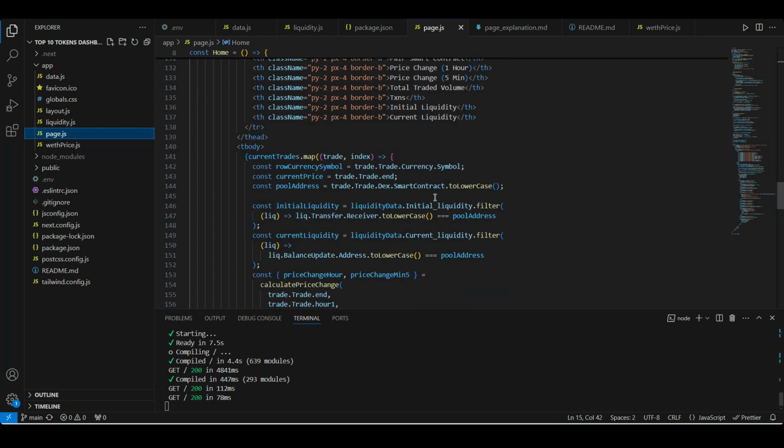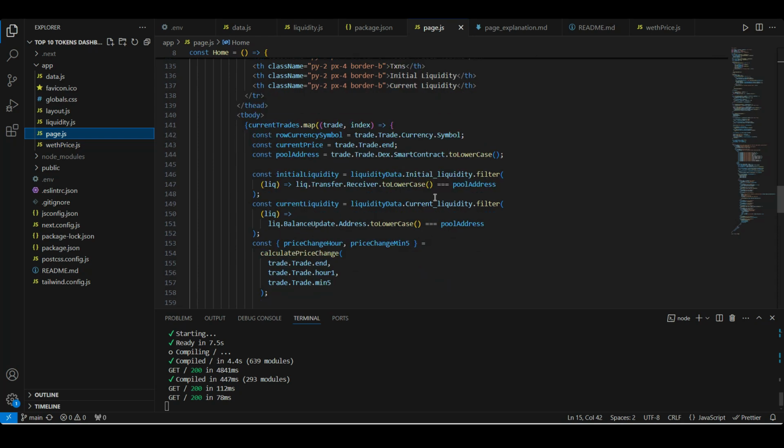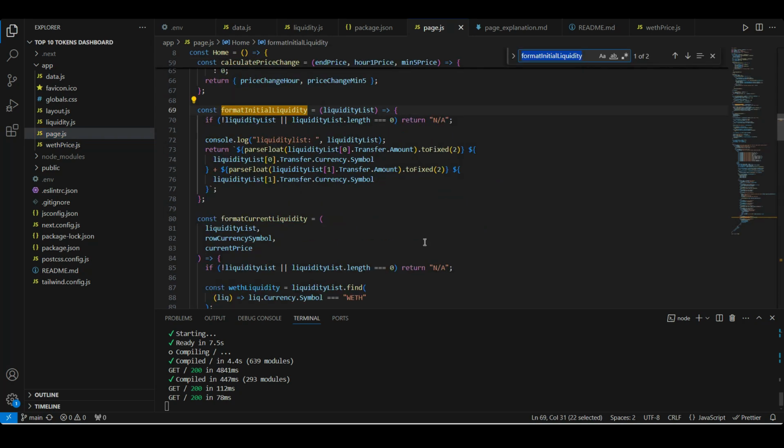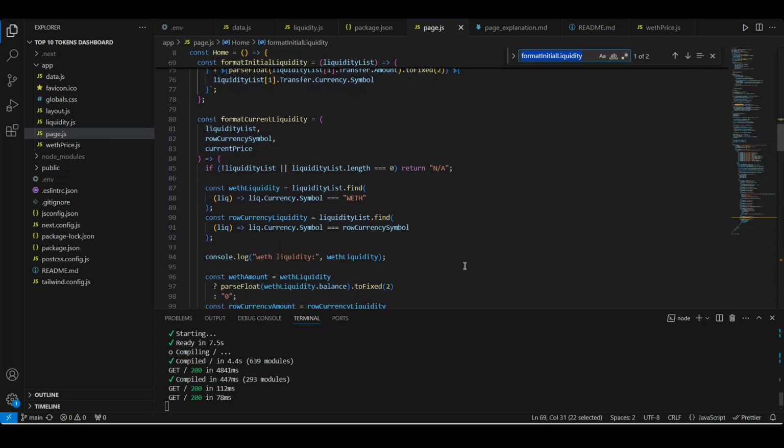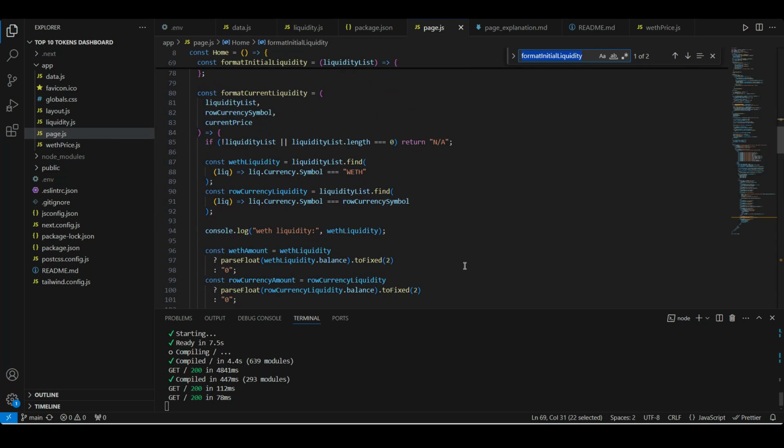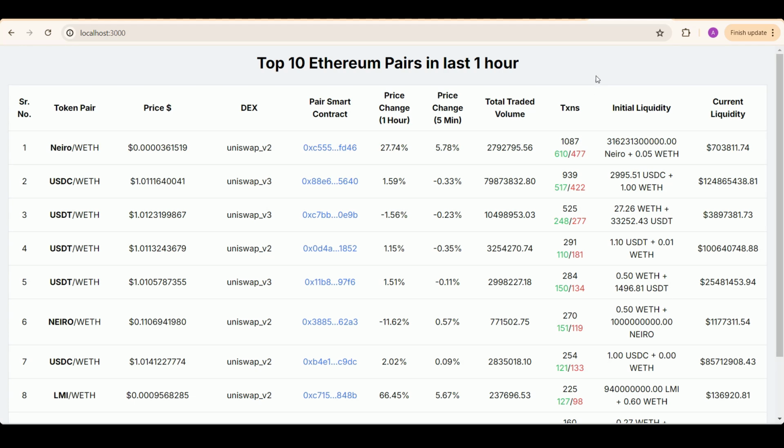Here we have written some JS to map our trades data and then show each pool's data in separate rows. We have used the formatInitialLiquidity and formatCurrentLiquidity functions here. formatInitialLiquidity is a basic function just extracting out the first two transferred currency symbols and their transfer value. formatCurrentLiquidity is doing a little more here. It is extracting out the current balance of this particular row's pool address and checking for specifically two token balances, that is the main pool token and the paired token. And then converting it to the USD amount and summing it up and showing it precisely on our front end,